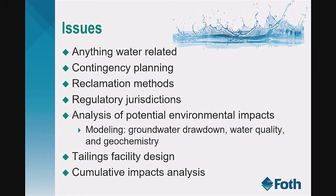Tailings facility design. Unfortunately, we've had a recent unfortunate event in the news. It doesn't even matter if it's recent, because those types of events have long lives in these discussions. And then lastly, on this list, which is not comprehensive, the cumulative impact analysis is an interesting